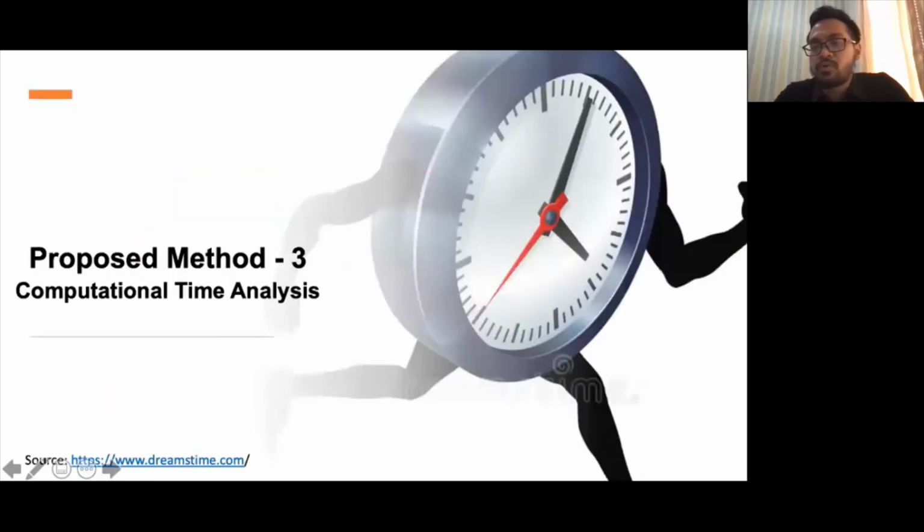The third method we propose is to analyze the computational time of each architecture. No previous research has analyzed time as a performance metric. However, computational time is a performance metric that researchers highly consider because it determines the choice of computing machine used. The computational time in this study is the total time required by each architecture to conduct the training process using 5-fold cross validation.